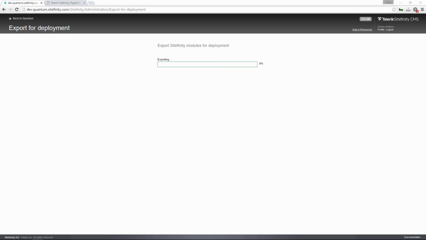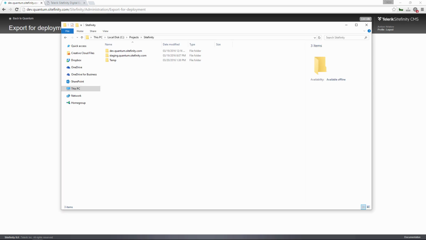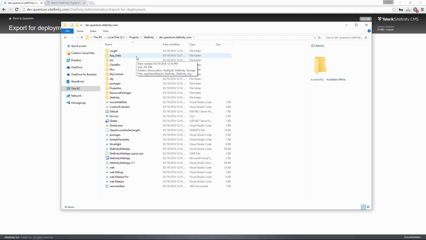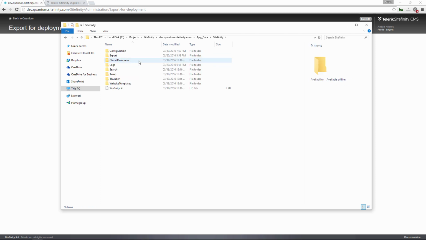And if I go to the file system real quick, while this is exporting, this is the website that we're looking at, App_Data/Sitefinity, and here is the export folder. And as you can see, currently it's exporting different content types that we have, and it's populating this folder, generating those files. One thing that's different from before is for the dynamic modules. Those dynamic modules are the ones created with the Sitefinity module builder, and they're also called custom content types.